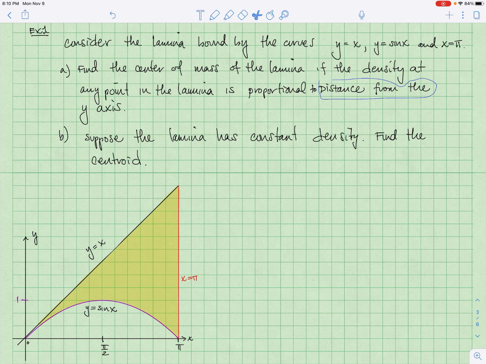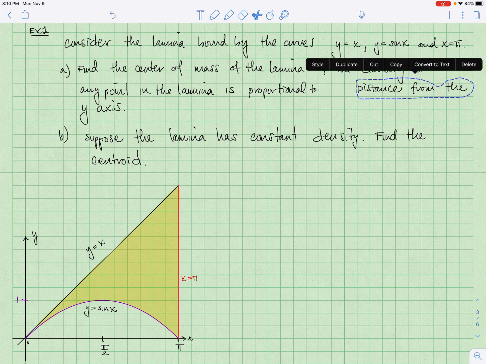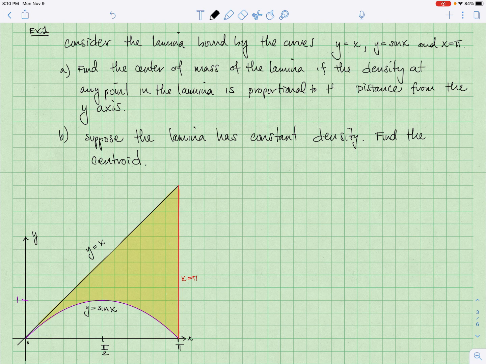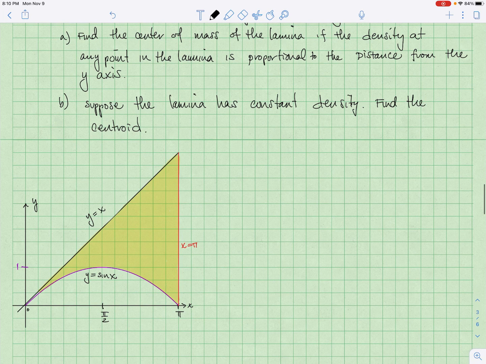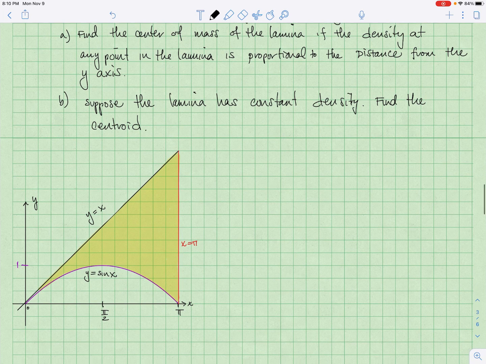It is proportional to the distance from the y-axis. So, what does that mean? Well, we should start with our density function. So for A, density is going to be a function of x, and if we draw a strip in here,